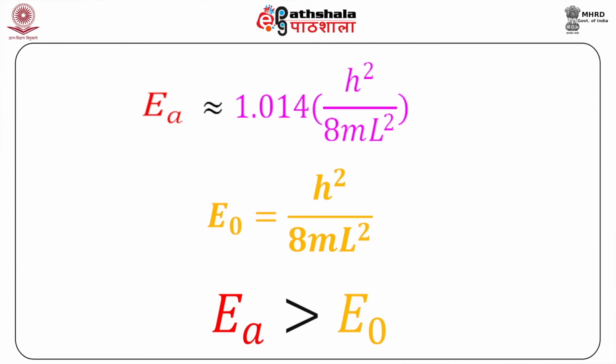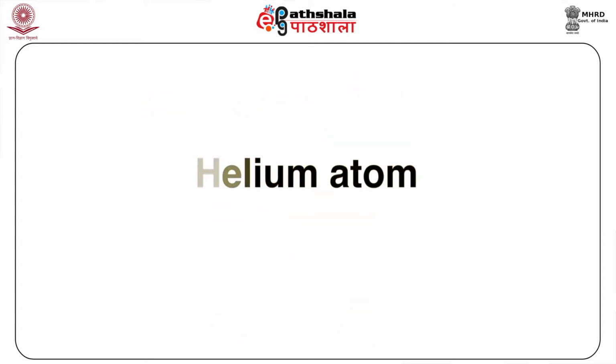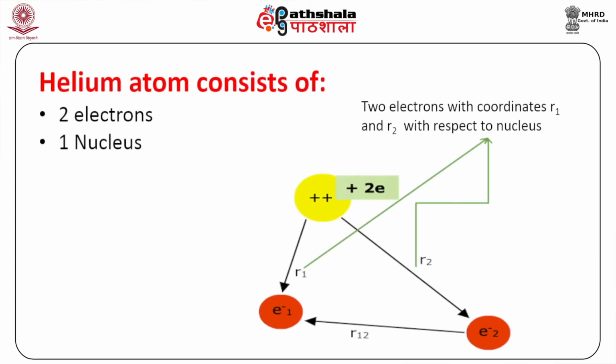However, for various complex problems, exact solution of the Schrödinger equation is not possible. Therefore, we use variation method to calculate approximate energy using a guess function. Let us now move further to the system of helium atom, which is a three-body problem, that is, 2 electrons and 1 nucleus, for which the eigenstates and eigenvalues cannot be obtained exactly. Therefore, here we apply variation method to calculate approximate energy for helium atom.